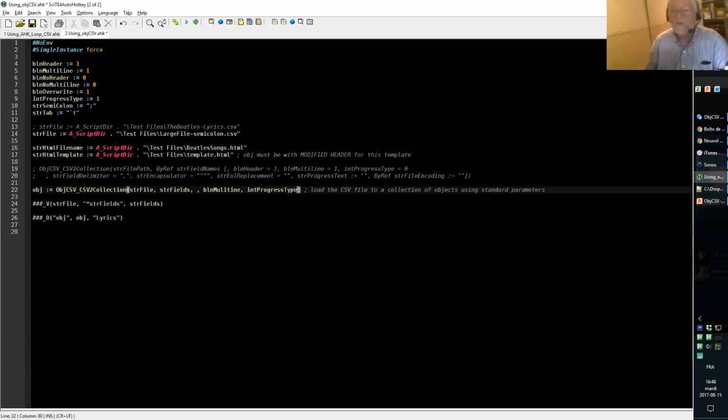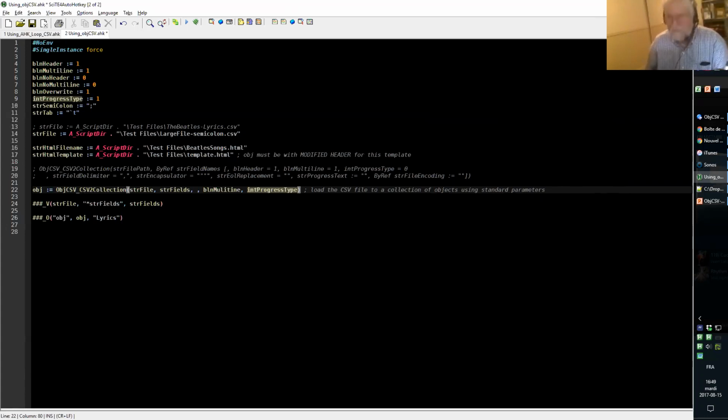There are two types of progress bar. One that will show in the middle of the screen. The other one will show in the footer of your GUI, where you have different fields that you can populate in the GUI, so in the status bar. So progress type. What else?